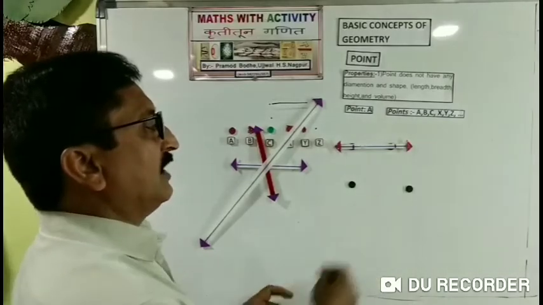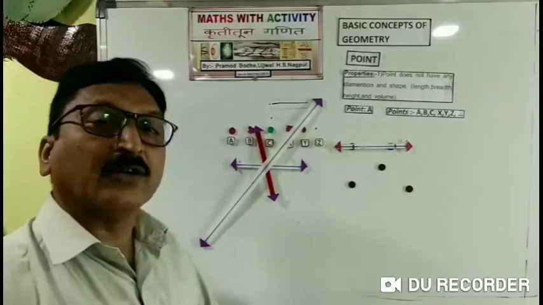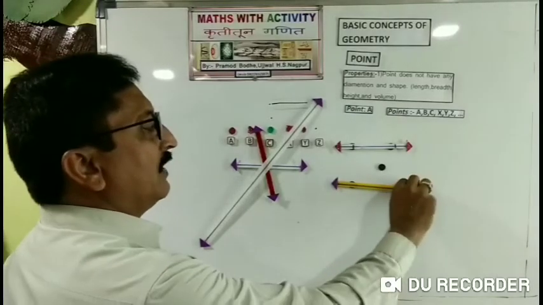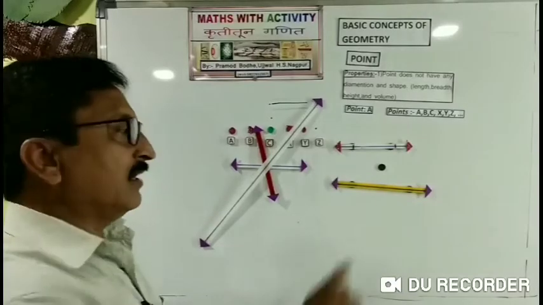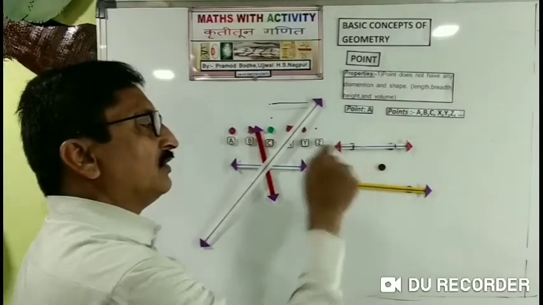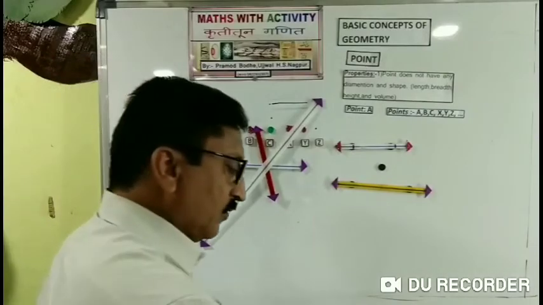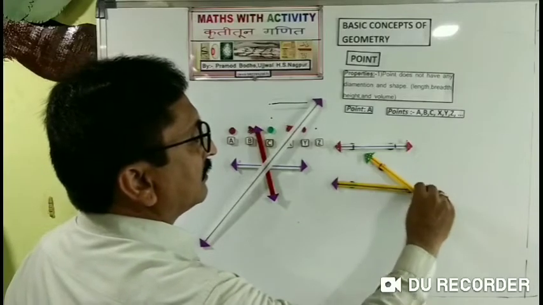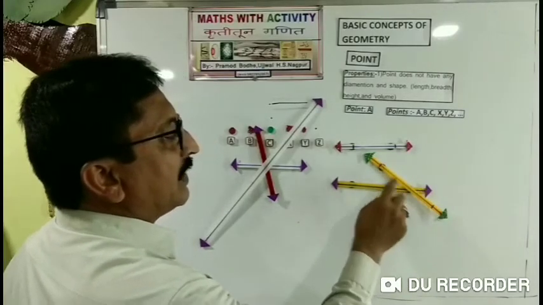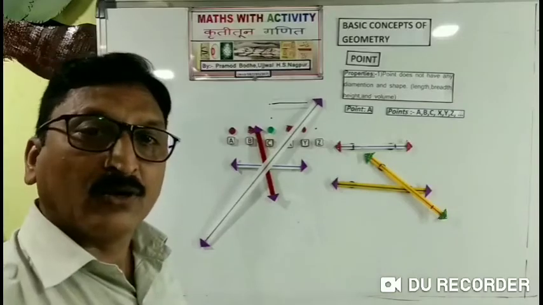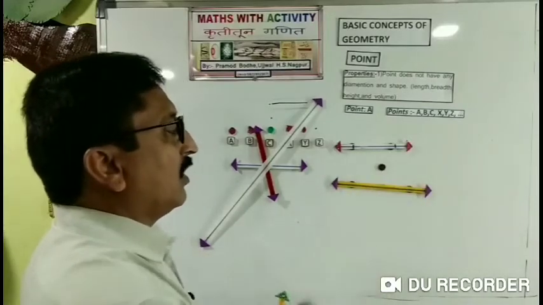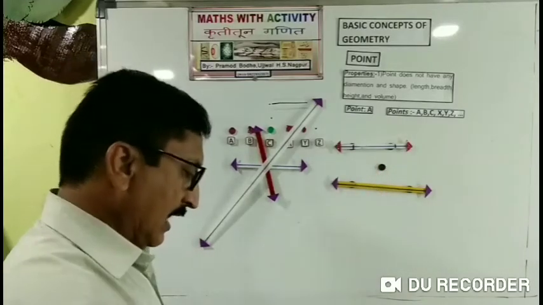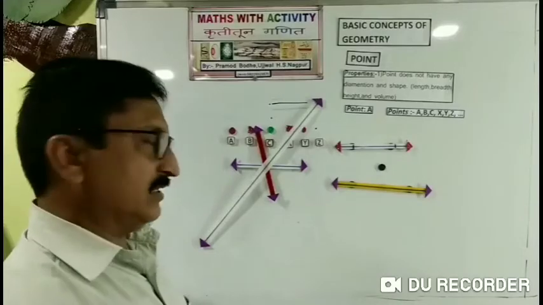Suppose I take 3 points here, see what will happen. Just I will take here 3 points. Now let us try to draw lines passing through these points. See, we can draw one line passing through only 2 points, but we can't pass the line through this third point. Suppose I try another line, what will happen? Again with the help of 2 points the second line can be drawn, but these points will not lie on the line. But suppose I take another 3 points, what will happen?